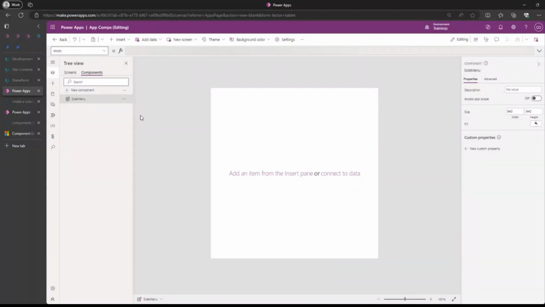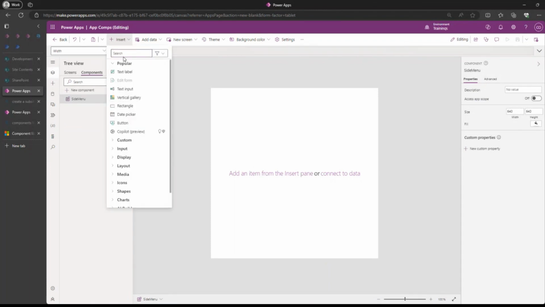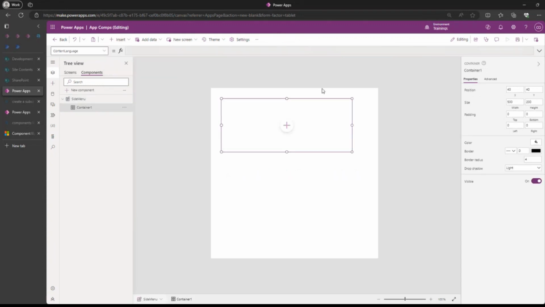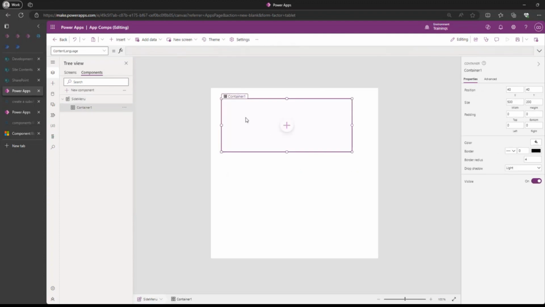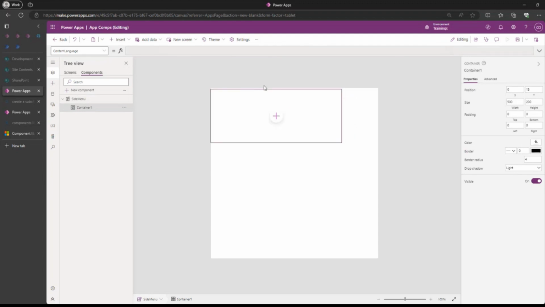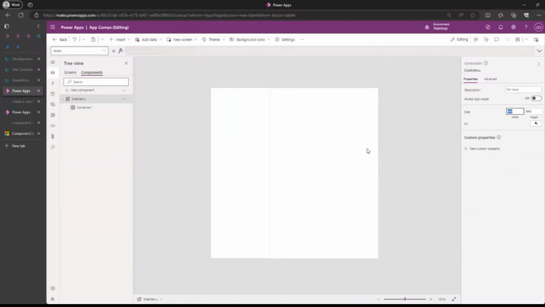Okay, while the height is loading up, let me add my container. I'm going to put in a container here, and I think my height is not yet up. The container is going to be the screen, I think, and then I'm going to change the width of this